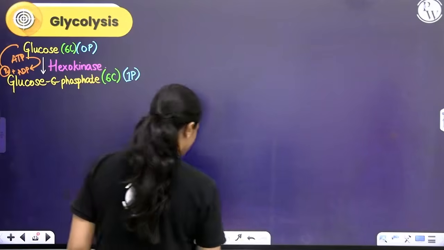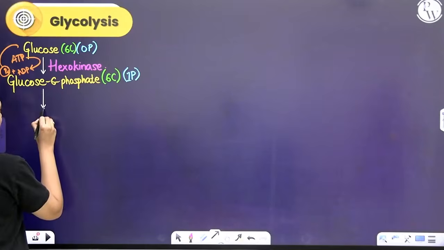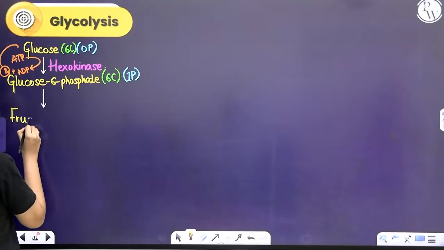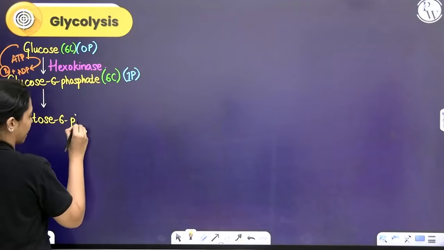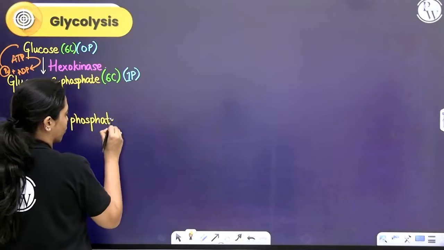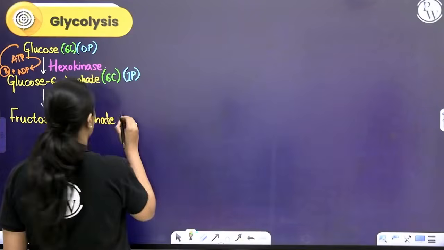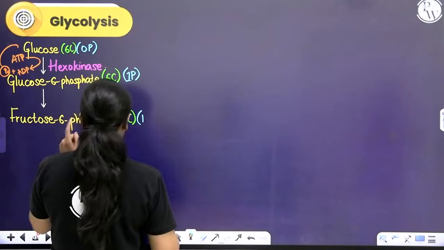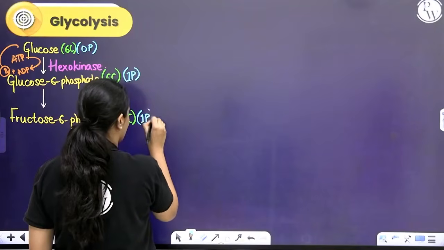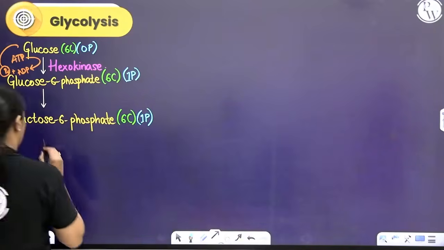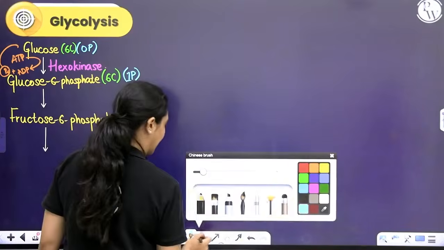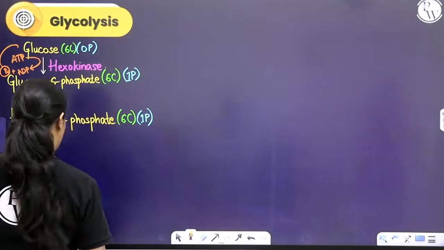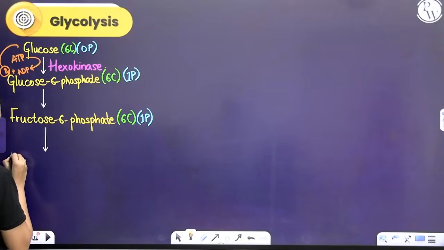Now, this glucose 6-phosphate will get isomerized and form fructose 6-phosphate. Fructose 6-phosphate also, since it's an isomer of glucose, will contain 6 carbons, and it will also have a phosphate present on the 6th carbon. So it's called fructose 6-phosphate. So I'm going to write 1 phosphate here. What's going to happen next? Another phosphorylation will take place. So to the 1st carbon of fructose also, another phosphate group will get attached. So fructose 6-phosphate will get phosphorylated and form